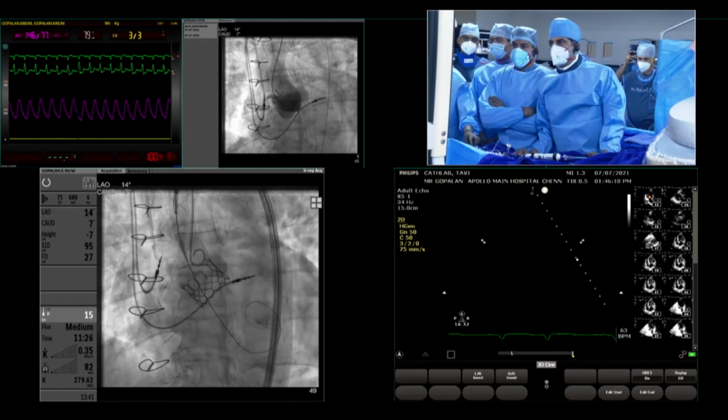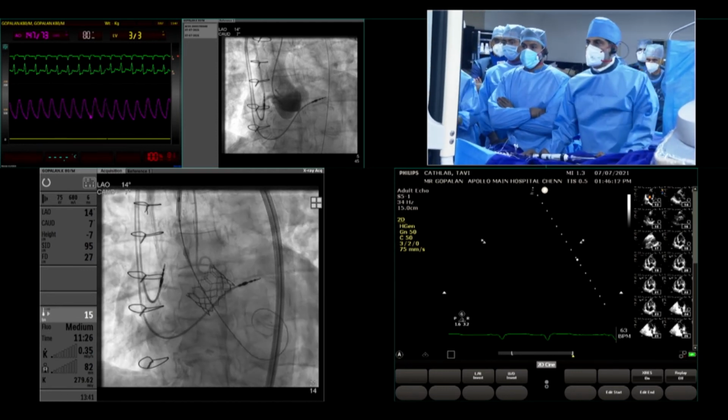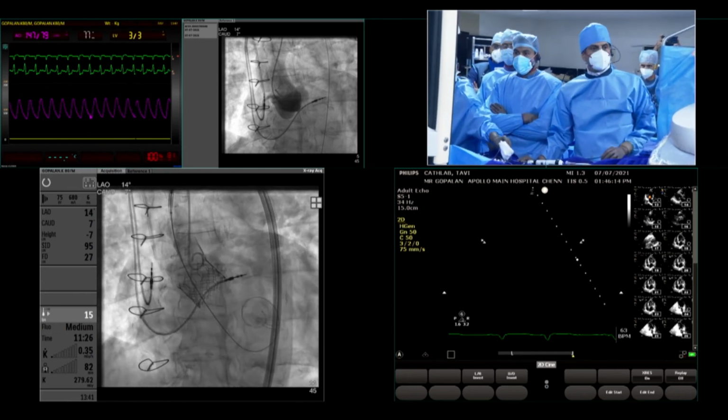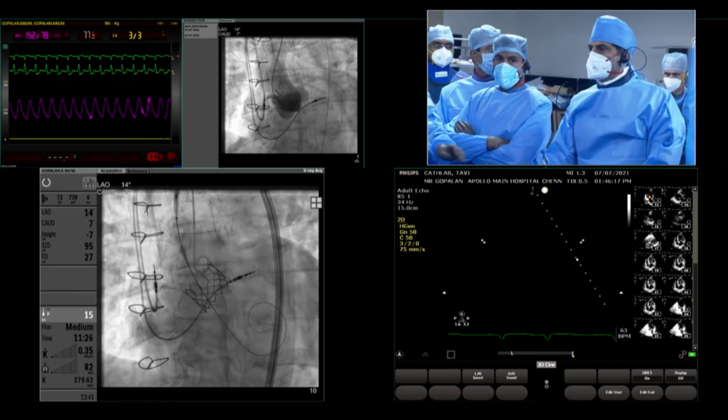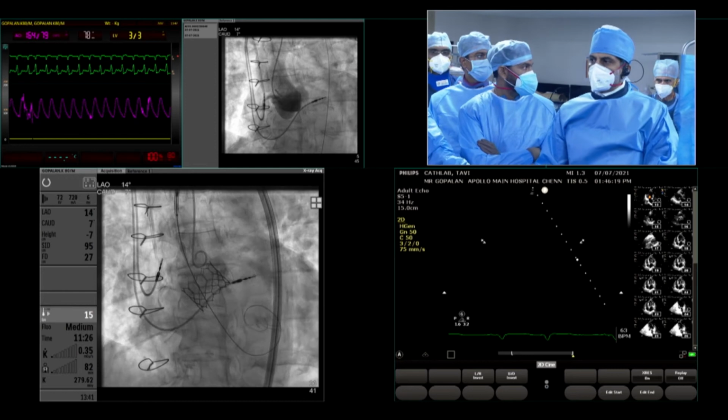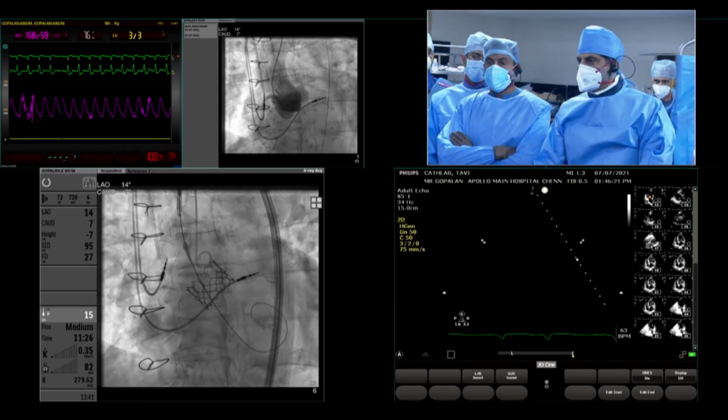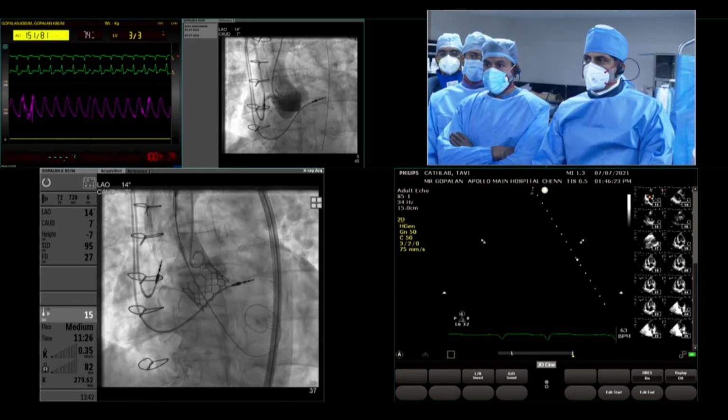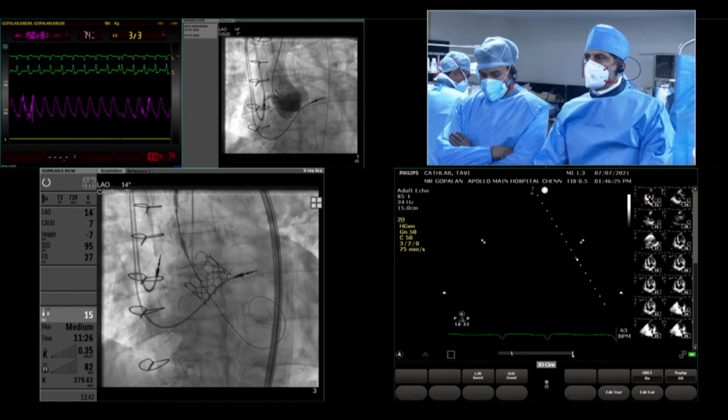So the valve is in position. The coronaries are flowing very well. There's no AR at all. So let's have the echo and then. It's quite paced very well during LV wire. So we did a good inflation. This 23 with 2 ml more actually worked very well for this.